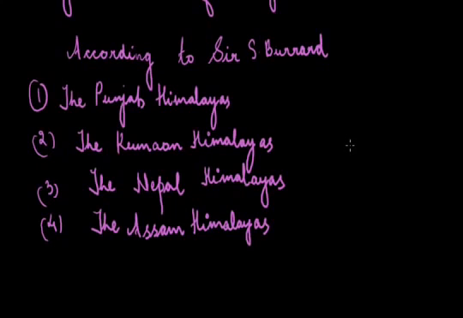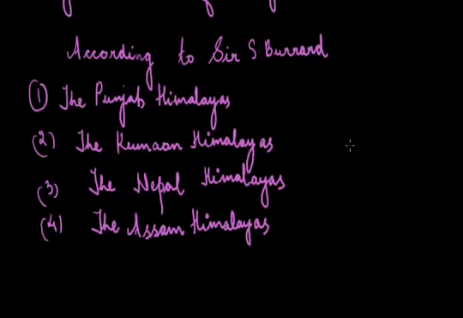Now coming to the Kumaon Himalayas. This section runs for a distance of 320 kilometers between the Satluj and the Kali river. Sometimes in MCQs you are asked about the ranges and the two rivers in between which these regions extend. So you should remember that the Punjab Himalayas are between the Indus and the Satluj, and the Kumaon Himalayas are present between the Satluj and the Kali rivers. This is higher than the Punjab Himalayas. Rivers like Ganga and Yamuna have their sources in the Kumaon Himalayas.